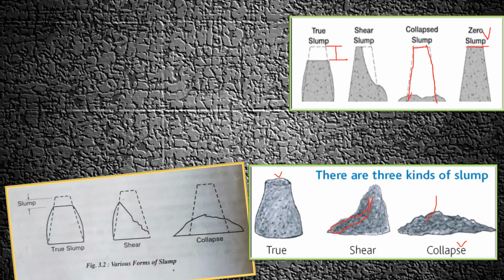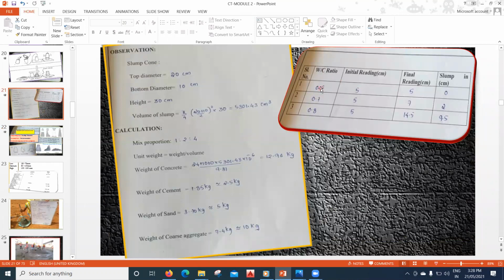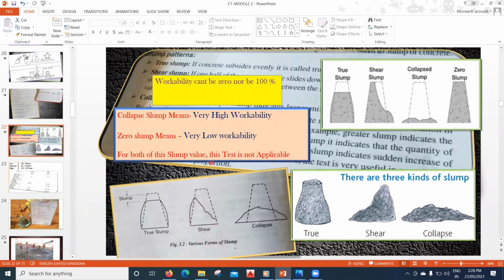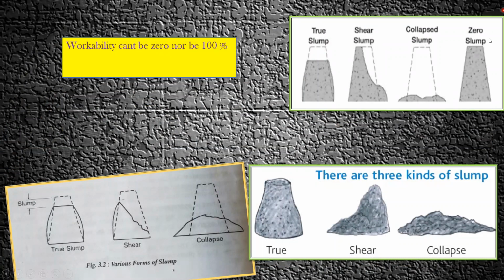And the same thing we had seen in the observation what we had written. If I go back to that, see, so in this you can see it, no, for the water cement ratio of 0.6, initial reading was 5 and final reading also was 5. And what is the slump here? This is called as 0. That means it was a zero slump, right? So why this is happening? Because the water cement ratio 0.6 is very less. As a result of this, there is no slump created. So whenever we say zero slump, that doesn't mean that there is no water at all. There is water, only then it becomes a concrete, right? But only the thing is that water is not capable of creating that slump, so hence we call it as zero slump, or there is no subsidence of that.